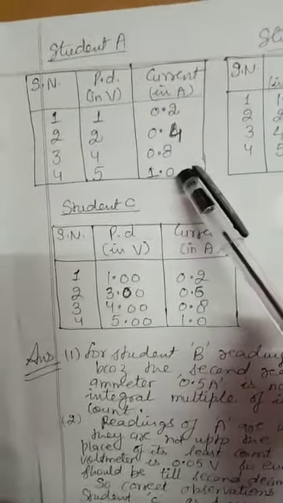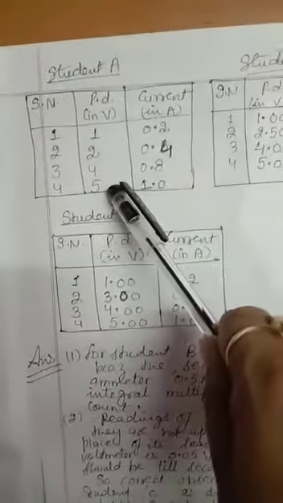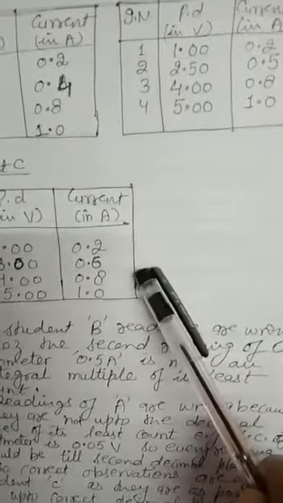Now, come to the first one. Here the value is 5 for all the readings. But if you see the voltmeter reading, the least count was 0.05, so we have to give the reading to the second decimal place in every value. So for student A, the format is not right, so it is wrong. Now, for student C, the readings of the voltmeter are to the second decimal place and they are multiples of 0.05. Similarly, the current value is to the first decimal place, a multiple of 0.2. Thirdly, the ratio V upon I is the same for all the sets, that is approximately 5 ohm. So we say the observation of student C is perfect.